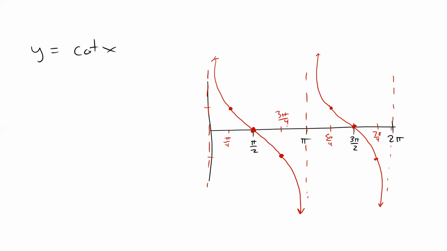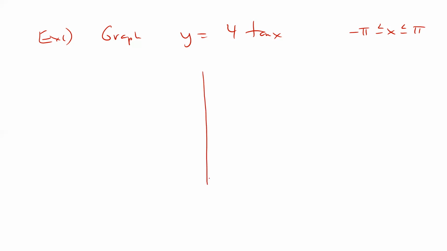I'm going to concentrate on tangent because that's the one we normally use the most in our graphing stuff. So tell me when you're ready, or tell me if you need more time. Cool. All right, can you graph for me y equals 4 tangent of x, and specifically what I want is a graph of -pi to pi. So as you get your graph paper going, think about how you're going to